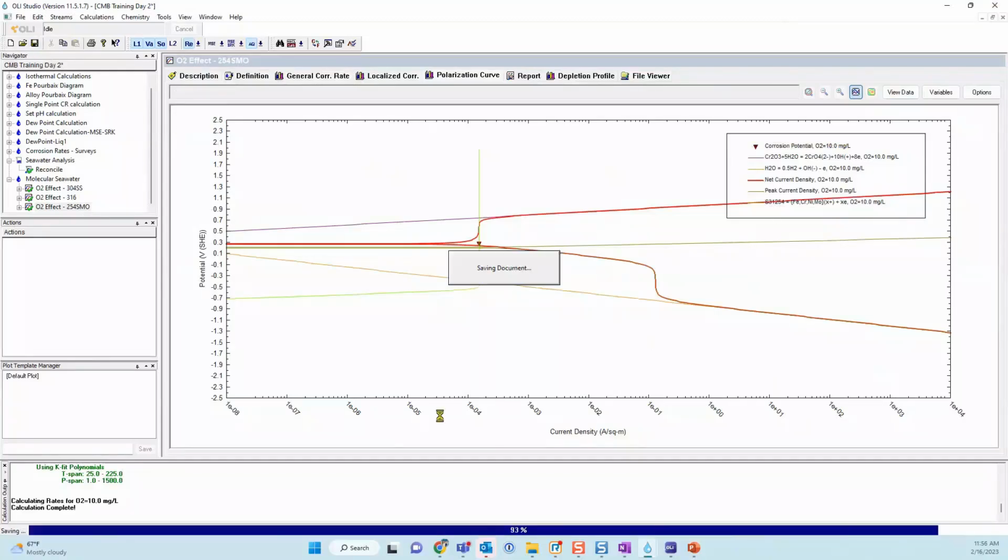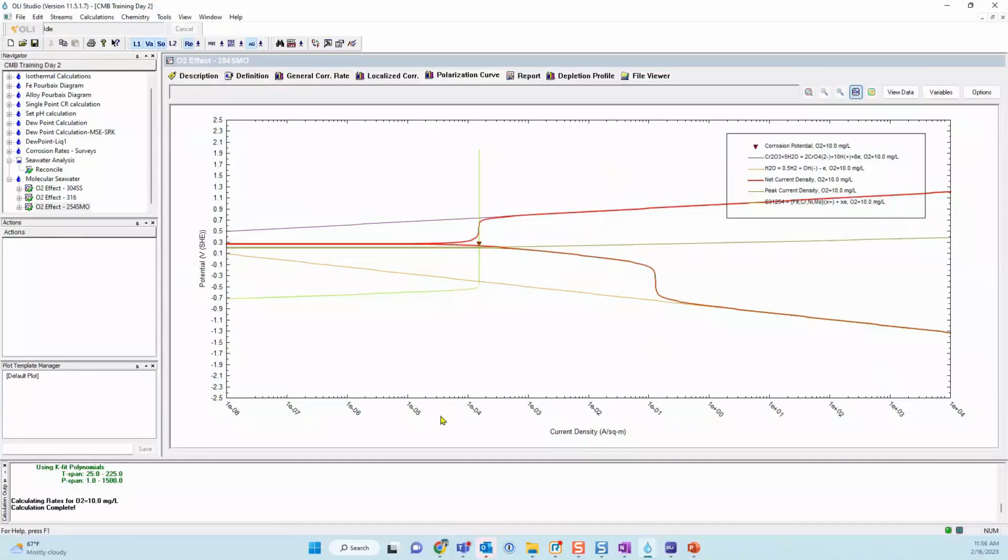Okay. With this, I guess we can stop here. I was going to do another example where I was just going to vary both the oxygen and temperature and see the susceptibility, how temperature also plays an important role in seawater applications or produced water applications, and how susceptible a material can become when the temperature is included as another variable.